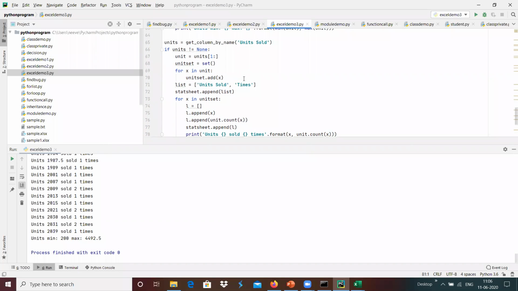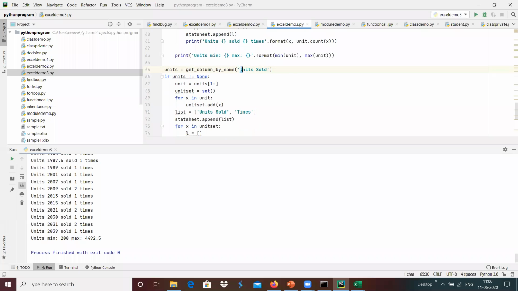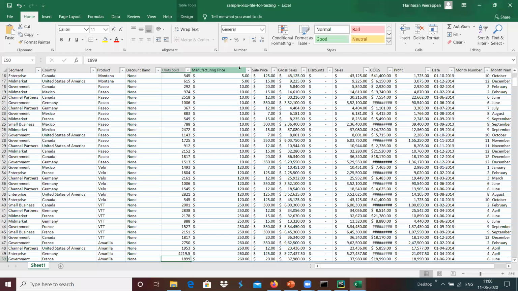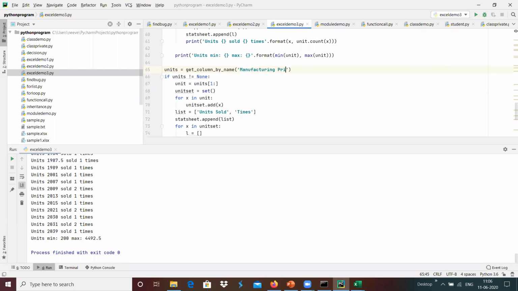And instead of that, maybe I'm going to put manufacturing price over here, and it has been added with the manufacturing price and the number of times, maybe.